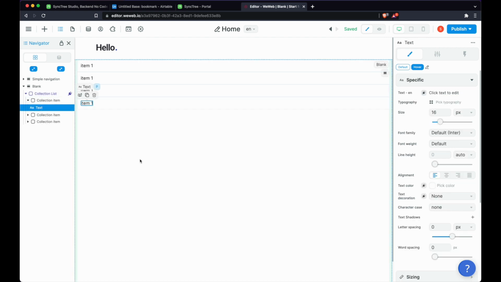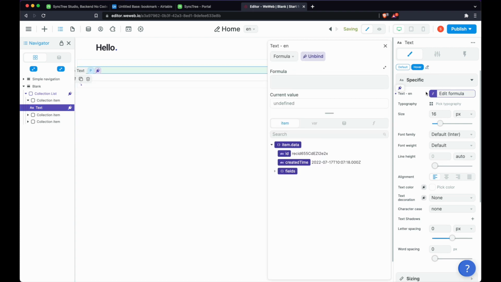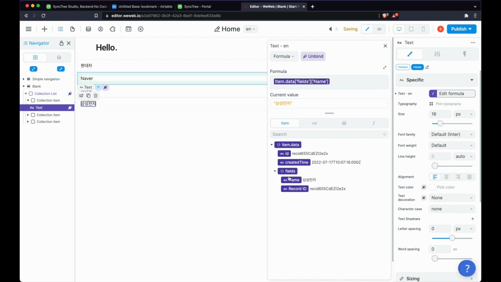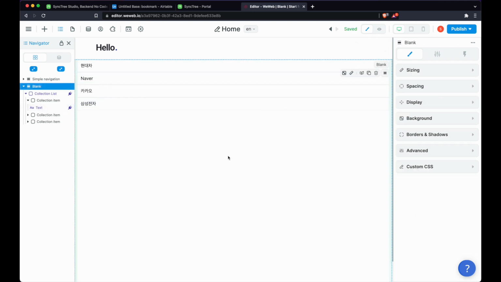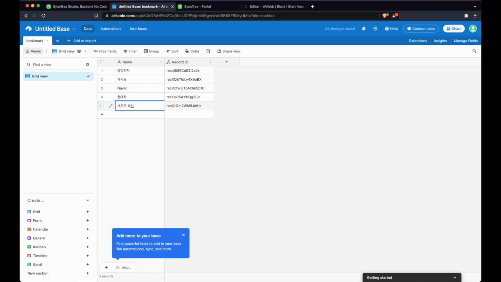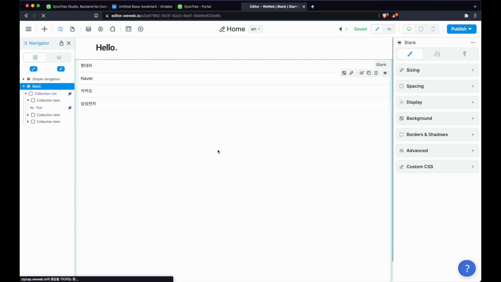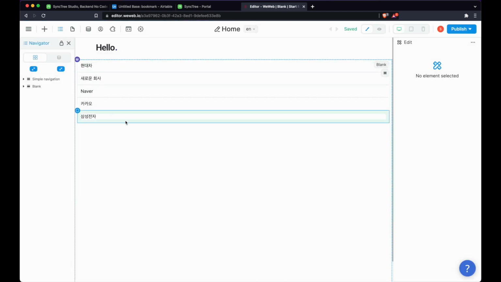And similarly, specify the value to be displayed in the text from the list imported from GetEditableList data in the right-hand menu. When that is data, the field's name is selected. Only the name of the company is fetched from the data in the API and displayed. If you add new content to the DB as New Company in Editable, you can see that it takes effect immediately if you also refresh on WeWeb.